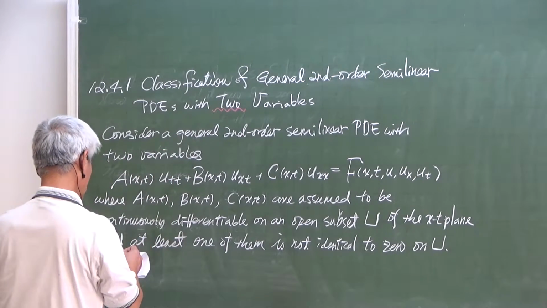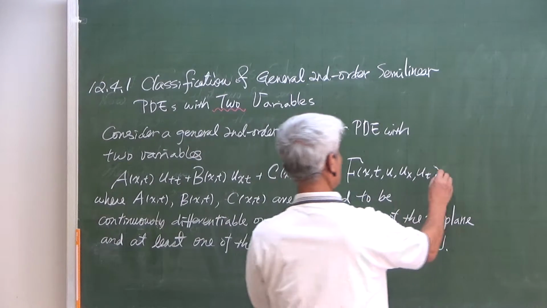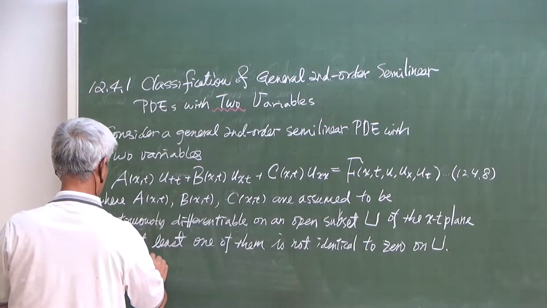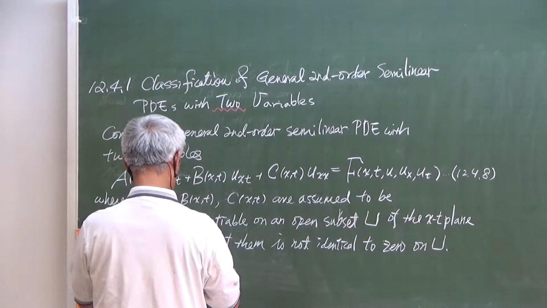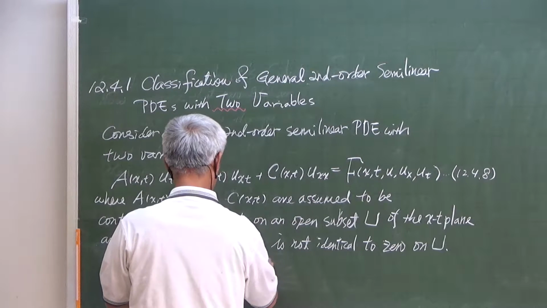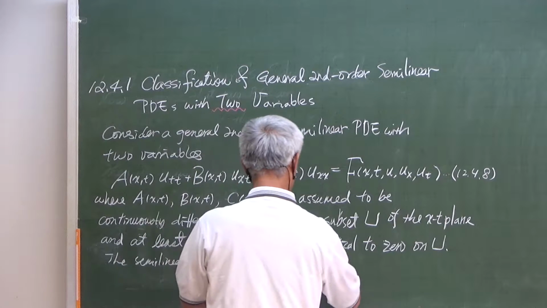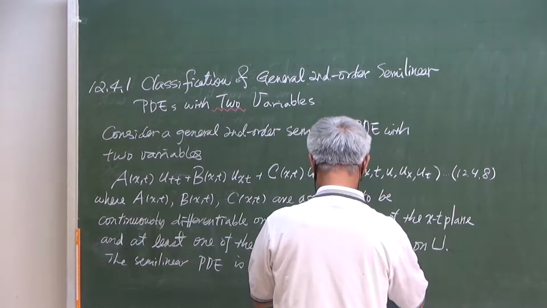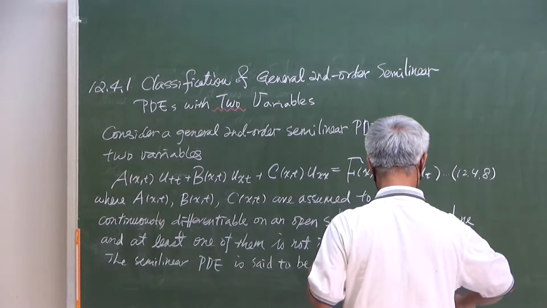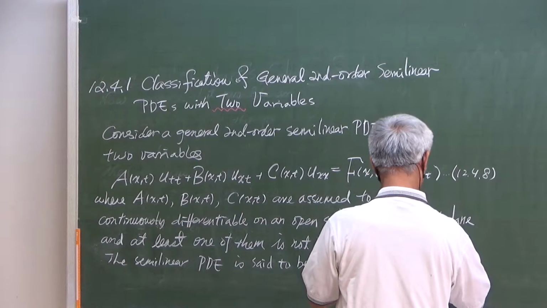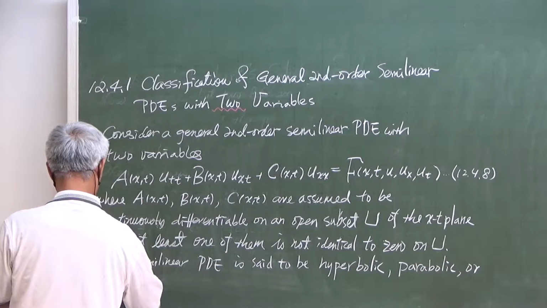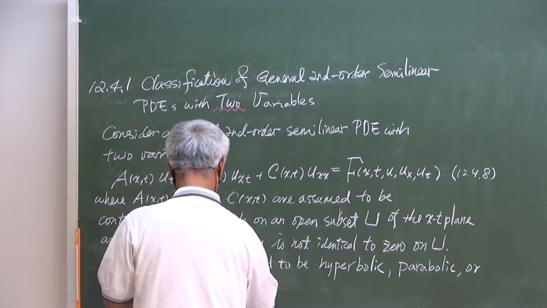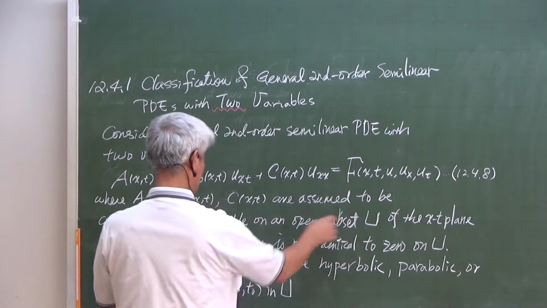Now we classify the PDE into three categories. This is called Definition 4.8. The semi-linear PDE is said to be hyperbolic, or parabolic, or elliptic, at the point, say x0, t0 in the open set U, if